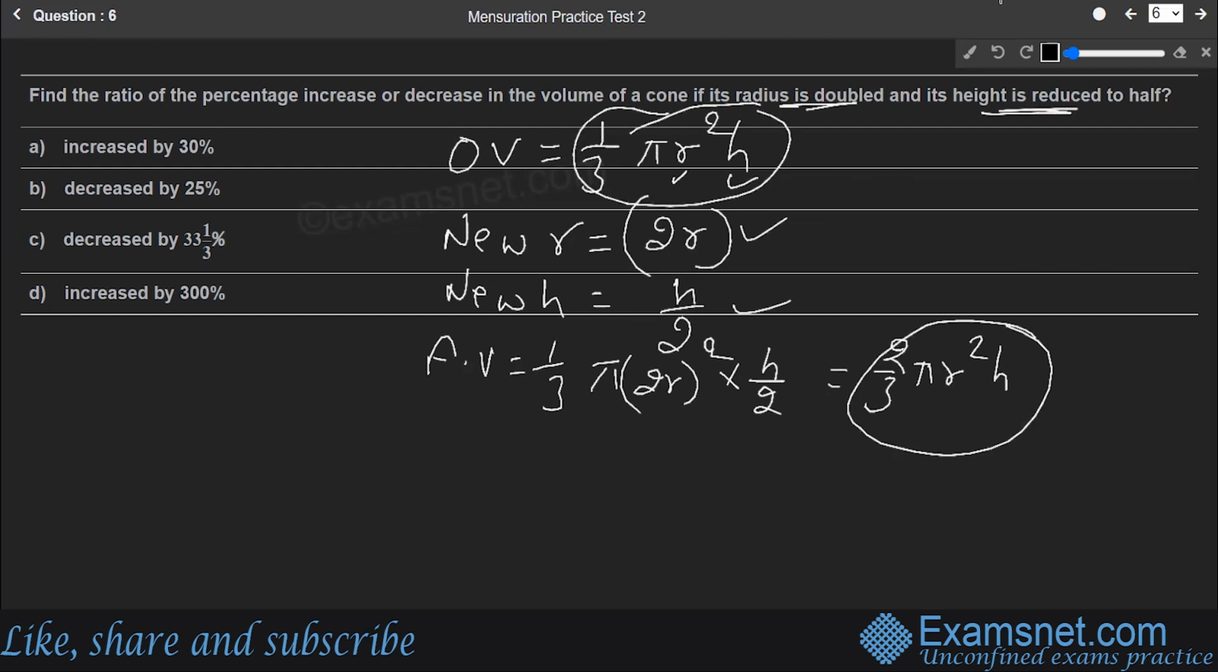Now he wants us to find the ratio of the percentage increase or decrease in the volume of a cone. So we need to find out the percentage decrease or increase. First of all, we need to find out whether there has been an increase or decrease. If you compare these two values, clearly this is 1 by 3 pi r square, this is 2 by 3. So obviously the final volume has been more. So how much more? For that we need to find out that